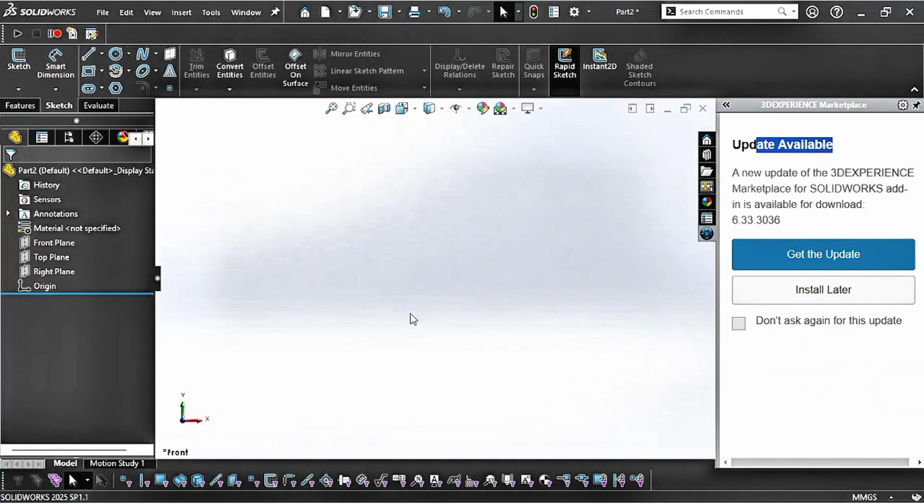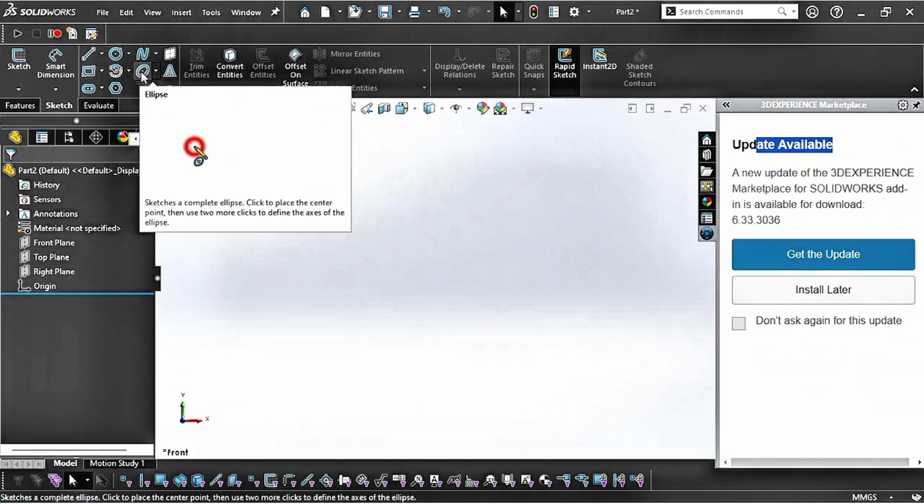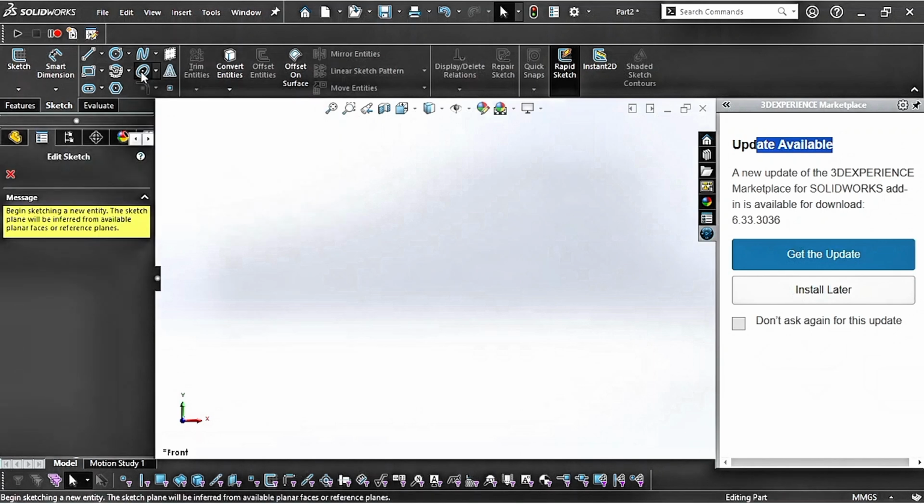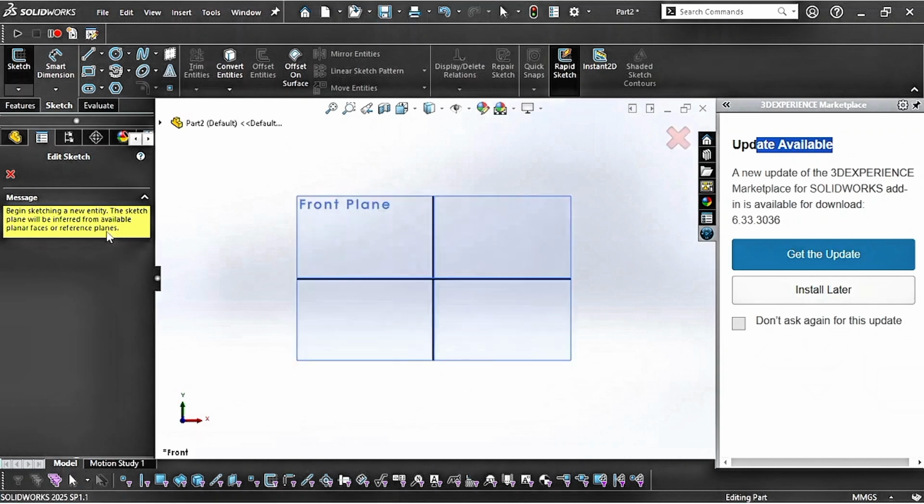In this video, we shall be talking about ellipse. So let's begin. Click on ellipse this time around. Don't go to any plane. If you click on ellipse, it will take you to this edit sketch property manager where you can now choose